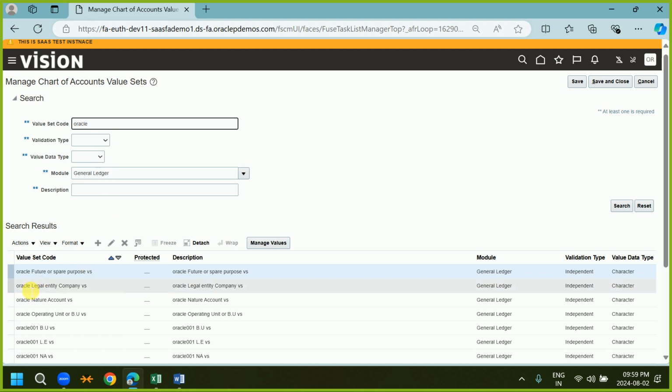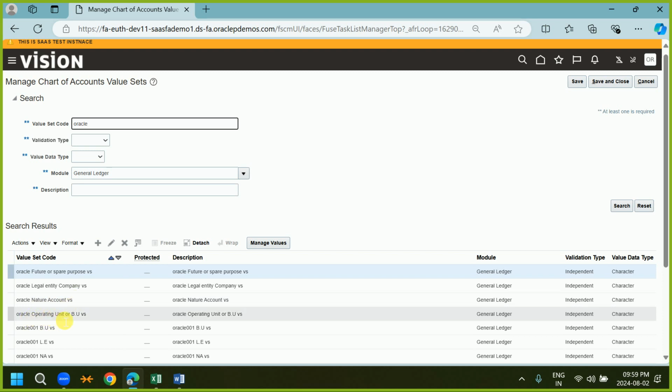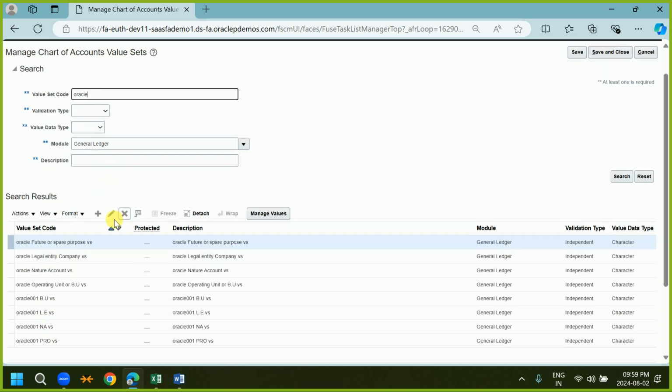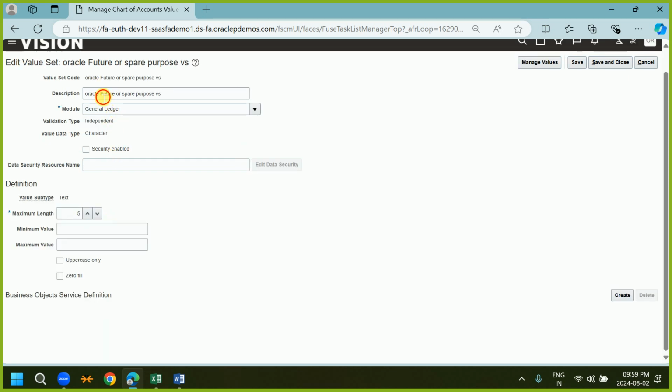For that reason, see Oracle Future Special Purpose, Oracle Legal Entity, Natural Account, and Oracle Operating Unit, nothing but a business unit. Some other people have created Oracle 001. If we mention 001 here ourselves, look at it, that will be reflected accordingly. If I mention 000, okay,